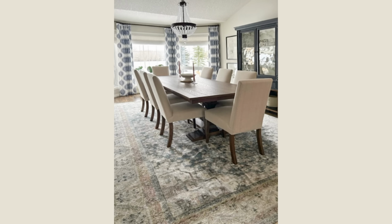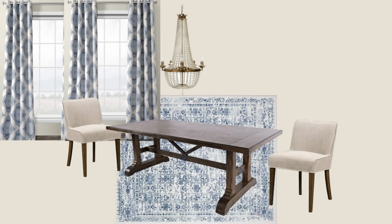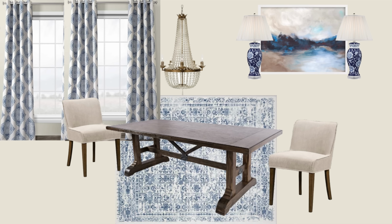However, this room definitely needs a new area rug in order to relate to the blue and white curtains. And while we're on this blue and white train, let's add some lamps. Let's add a fabulous piece of art. She's right that her botanicals just kind of die in this particular setting and would look a lot better replaced